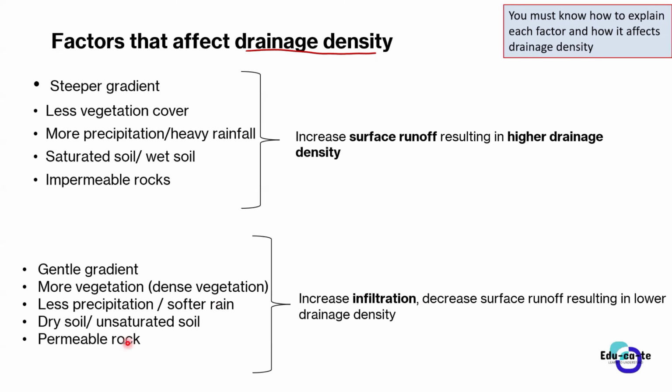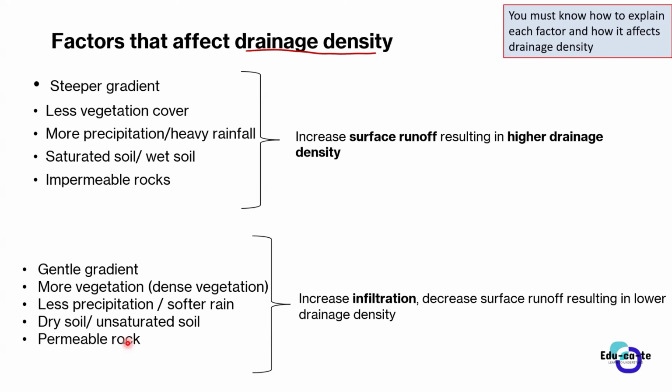If it happens that the rocks in that area are permeable, or they've got a higher porosity, as Bonolo said, we can use the term a higher porosity. It means that the rocks have got cracks. If you mention that in your explanation, you're convincing the marker to give you full marks there.